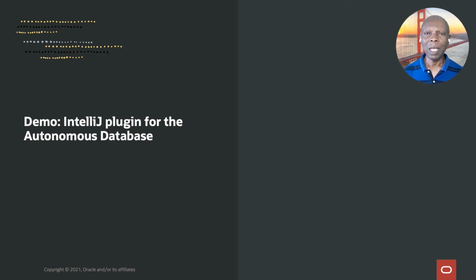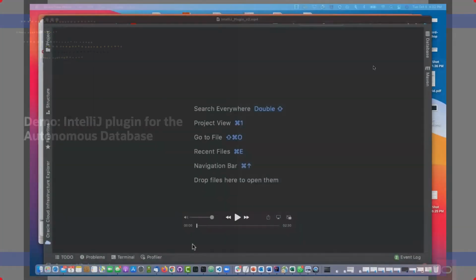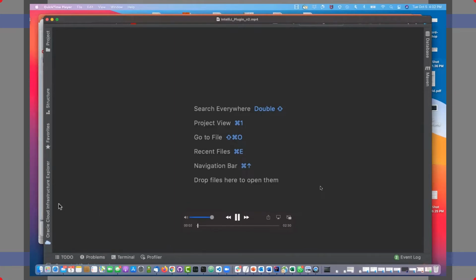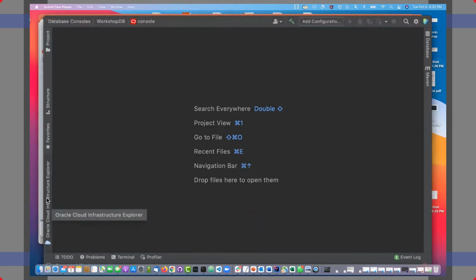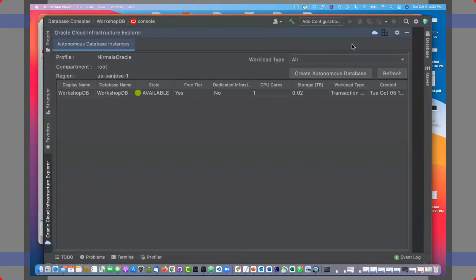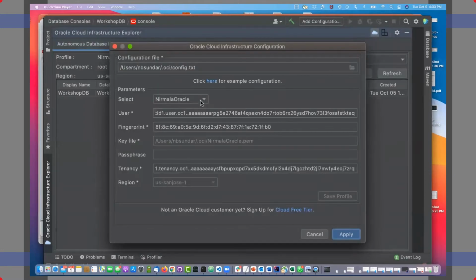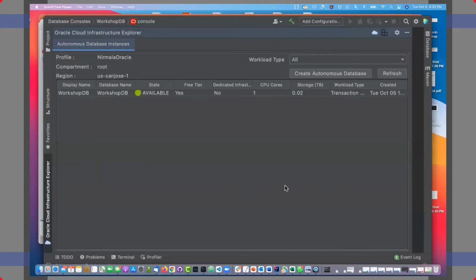Now we will see a demo of the IntelliJ plugin for the Autonomous Database. Here's the demo of the IntelliJ plugin for the Autonomous Database. The blue icon symbolizes the plugin. So we are selecting our free tier instance.